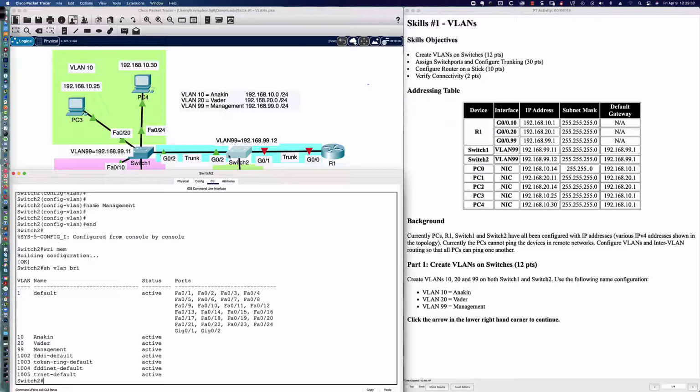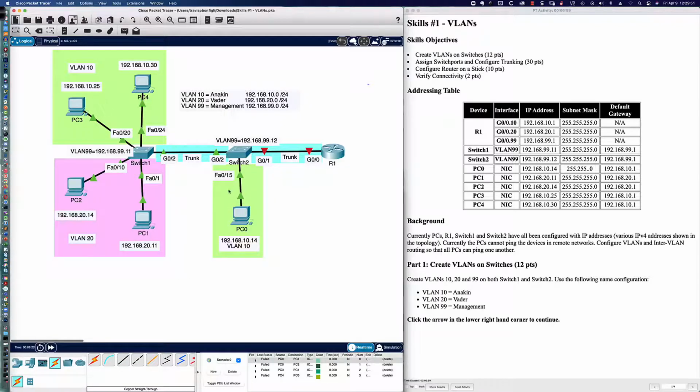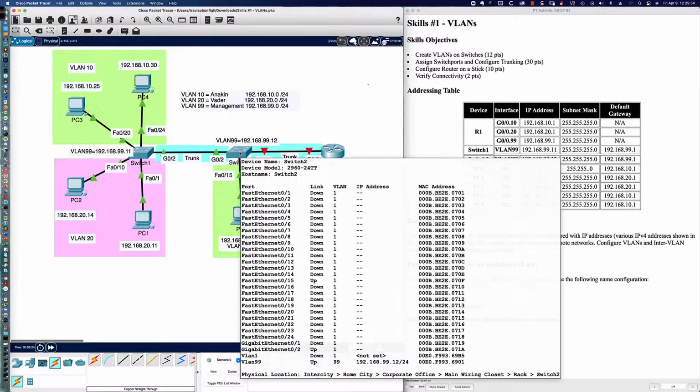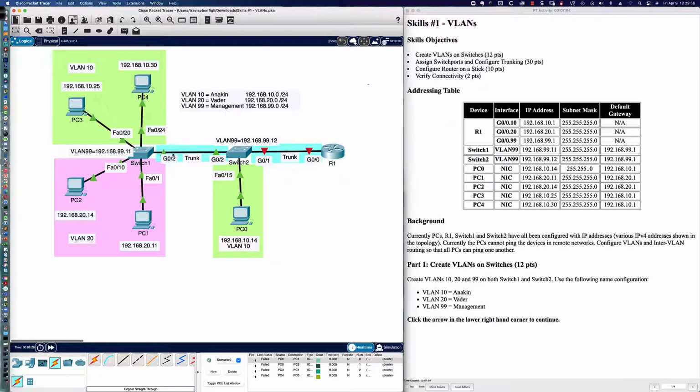Between switch 2 and switch 1, it's going to be a trunk because remember, the definition of a trunk link is a single link over which multiple VLANs can transit. And by default, it is all VLANs that can transit a trunk link. So in other words, we have VLAN 10 here connected to switch 2, but the trunk link is going to allow this PC to communicate with its buddies over here in VLAN 10 that are hanging off of switch 1, because that VLAN information